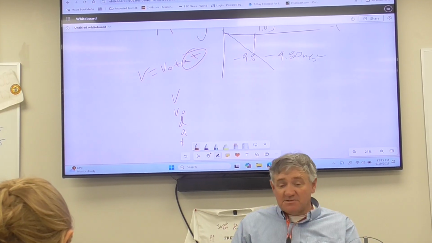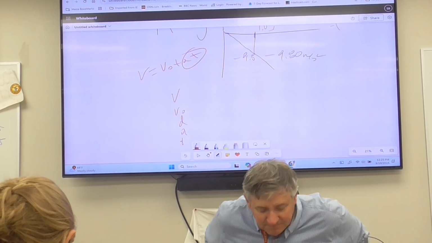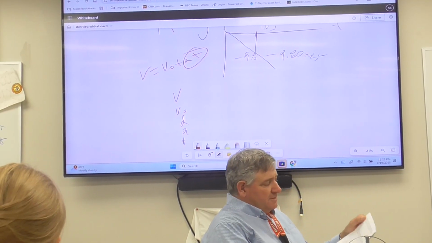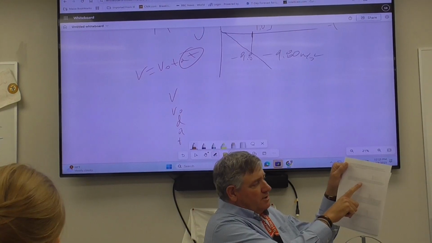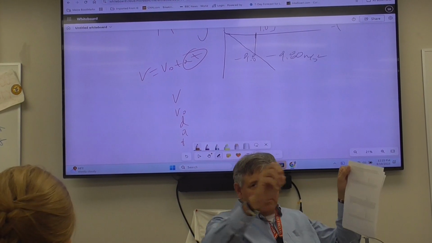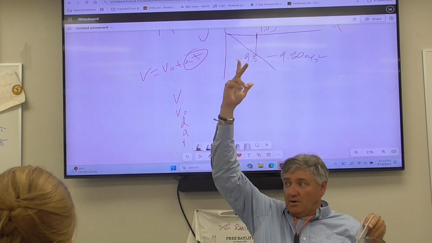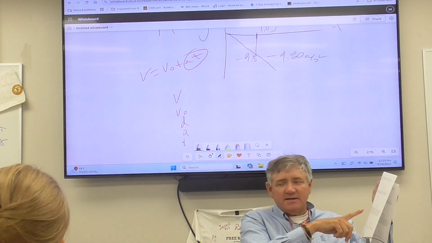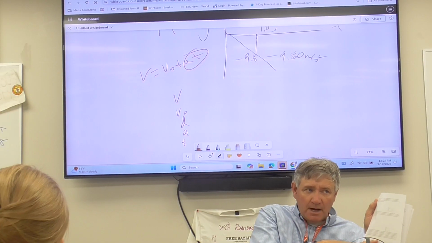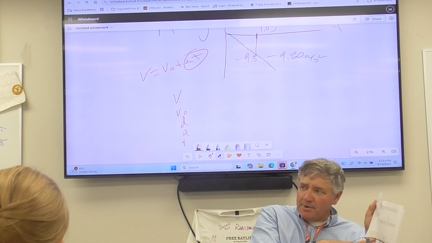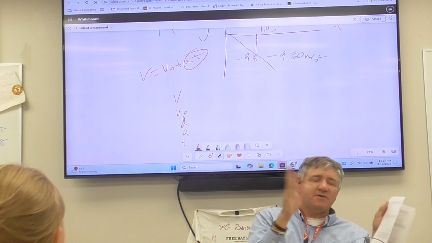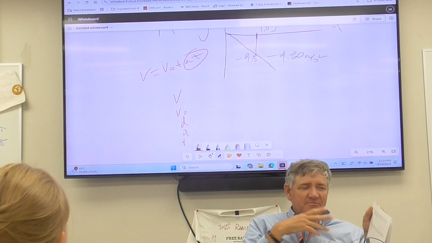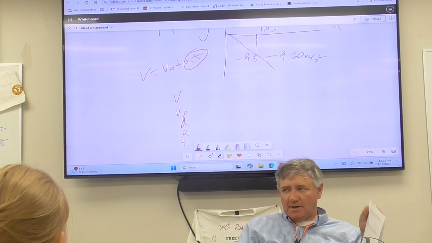There's a couple of problems on here that, if you're pressed for time, if nothing else, you work problem number 8. This is the one where you are standing on top of a building or a bridge and you throw the ball up in the air and it comes back down and lands. Number 8 is the same idea as the rocket problem. It's just shooting a bow up in the air. The only difference is that it's a bow versus a rocket, but mathematically and conceptually, it's the same idea.